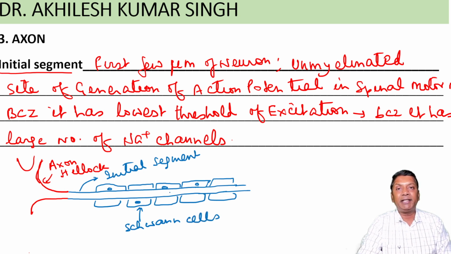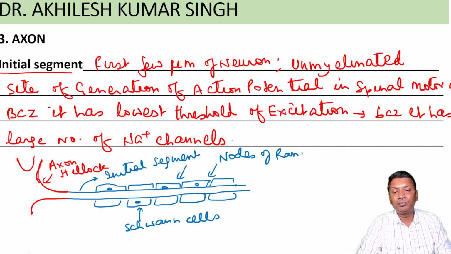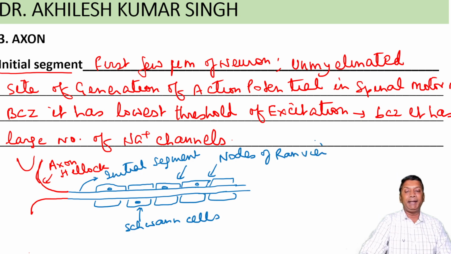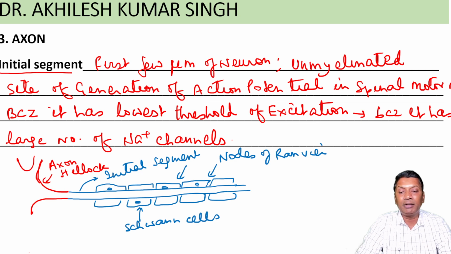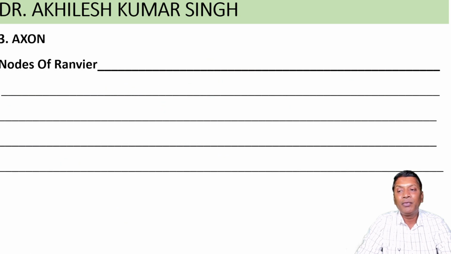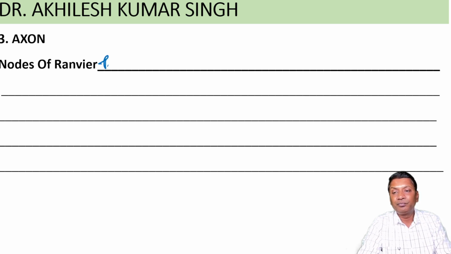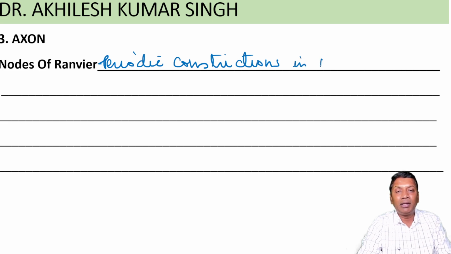In this myelin sheath, you can see that there are periodic constrictions in the myelin sheath. These periodic constrictions are called the nodes of Ranvier, right? So what are the nodes of Ranvier? The nodes of Ranvier are the periodic constrictions in the myelin sheath,